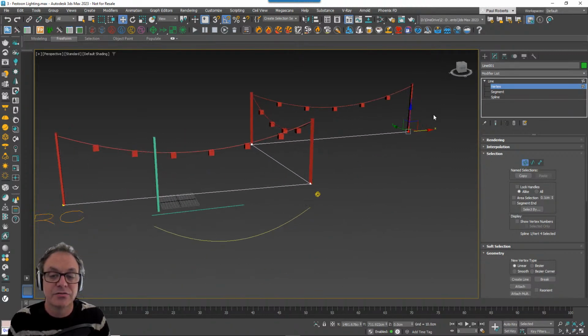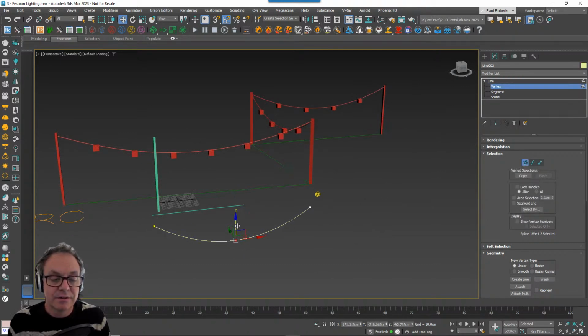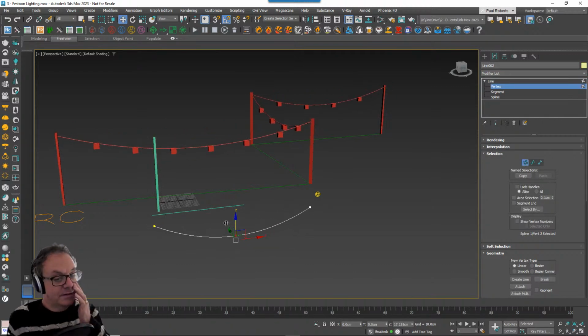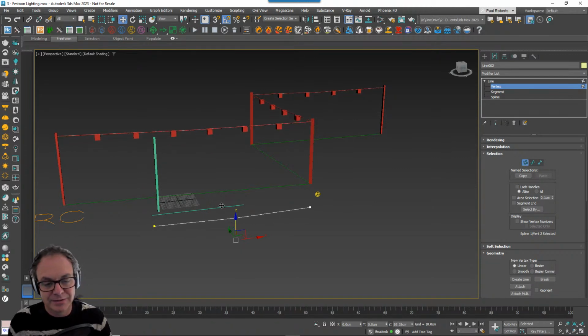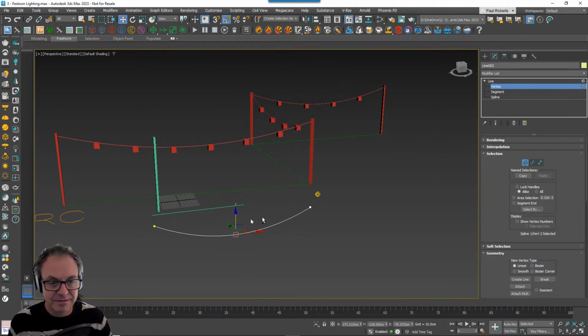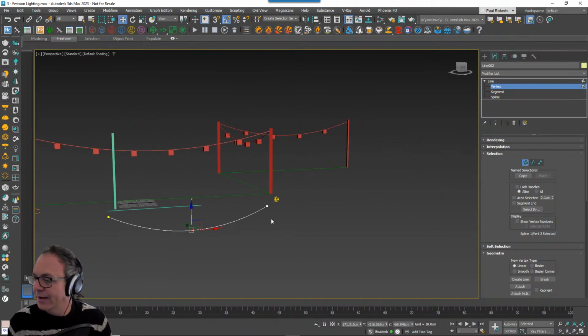Nice thing is, like I say, it's fully procedural, so we can change the length of those, and we can also change the sag if we need to, which of course isn't as good as a proper kind of catenary curve algorithm, but we can't do that at the moment. So this is good enough for most purposes. I hope that answers that question. I hope that's useful for people that might have tried to do that in the past.